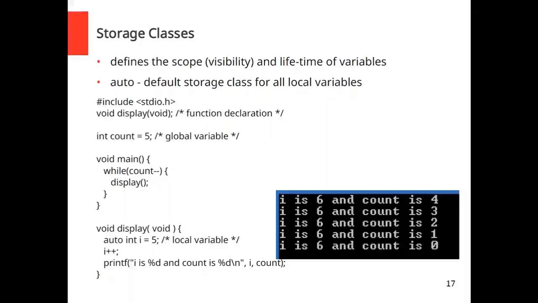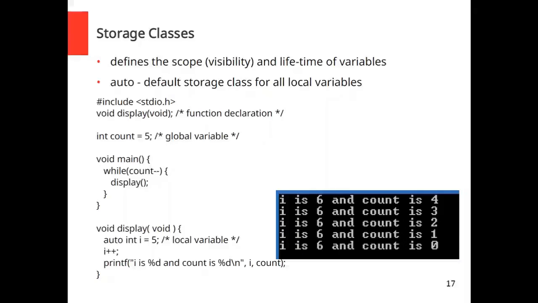In this program there is a function display which is not accepting any parameters or returning any value. Hence the return type and parameters are both void. Int count is a global variable which is declared outside the main function and it is initialized with a value